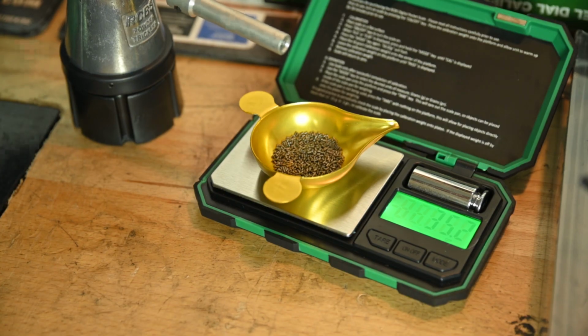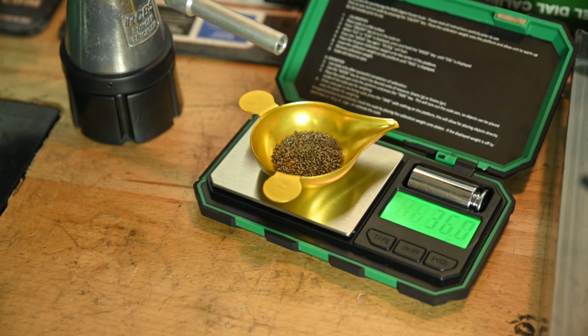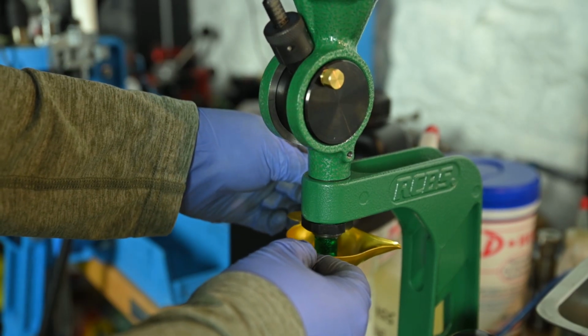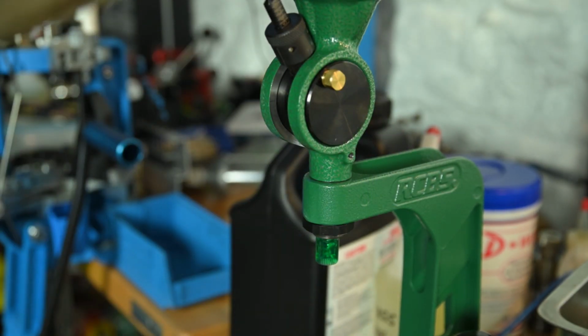If you don't want to spend the money on a powder thrower with this kit, you can use your trickler and scale to get just as precise throws, but it will take you a little longer to throw a powder charge. What you can do with what comes in the actual kit to speed up the process is use the volumetric powder thrower included to throw a powder charge under your targeted charge weight, and then use your trickler